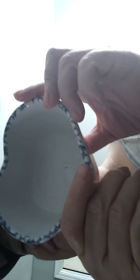And then I also have this for the chip and dip. I have the plate, but it's really up on top. I'm gonna have to wait until my grandson comes and helps me in a little bit. But this is from the chip and dip set, and it's a big large plate, and this kind of sits in the middle, you know. And there's no chips or cracks. This used to be my kitchen, and my kitchenware,